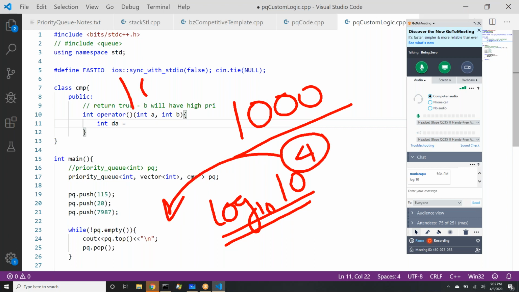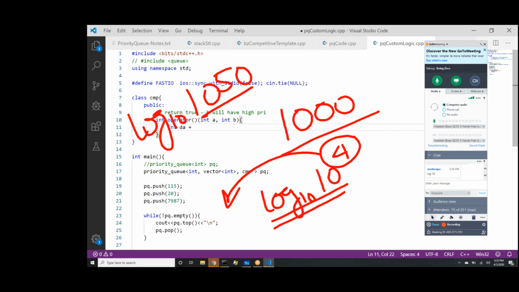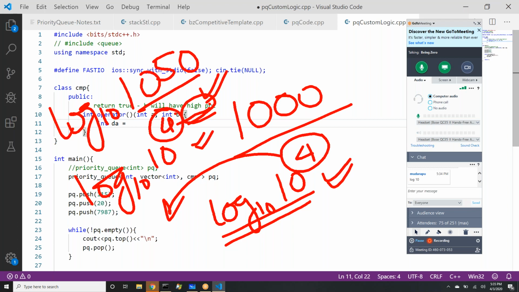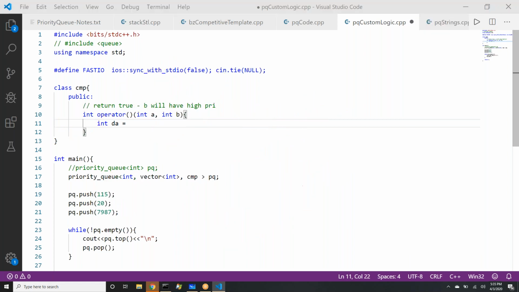But if I take a number 1050 and then I take log base 10, now 1050 will certainly be 10 to the power 4 point something. There is something in points also. But we are interested in integral power. We are not interested in this, right? But the log function will always return us a decimal number because the return type of the log function is double.